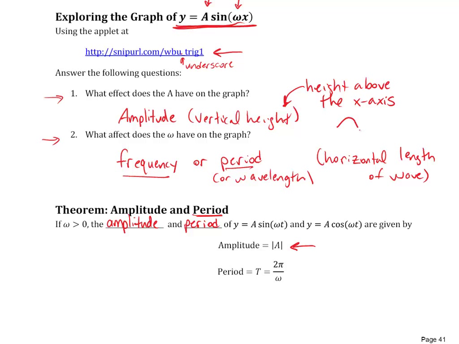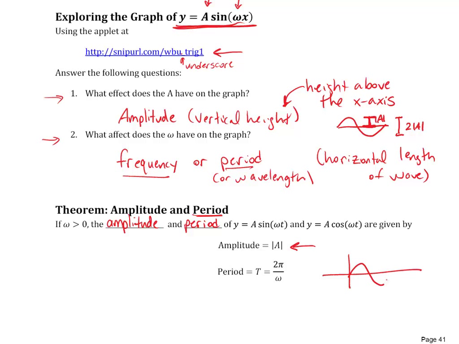Right, so if we're looking at a wave that does this, I don't mean the total height, I mean this right here is the amplitude. That is this distance here, not this distance. That's actually 2 times the amplitude. Okay, and the period